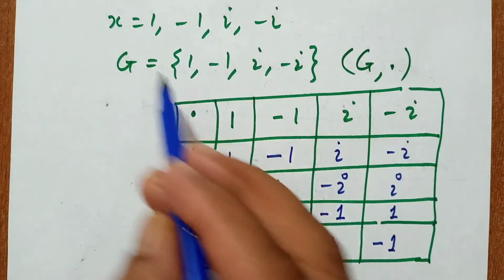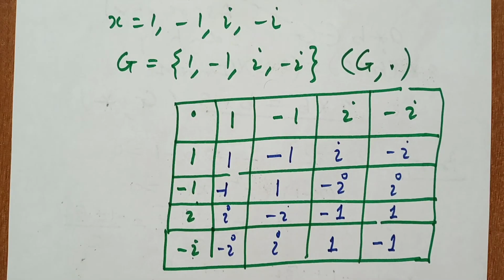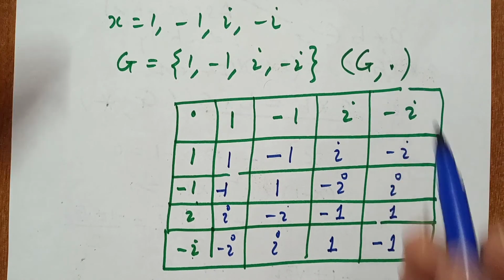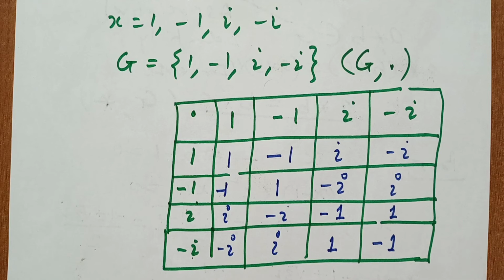So first you see your given set. So this is a set. Next you see what is the operation. So here operation is multiplication. Okay. So only we need to prove 4 conditions for a group and 5 conditions for abelian group. Okay. So this is very easy to explain. No need to write, I am going to explain only.